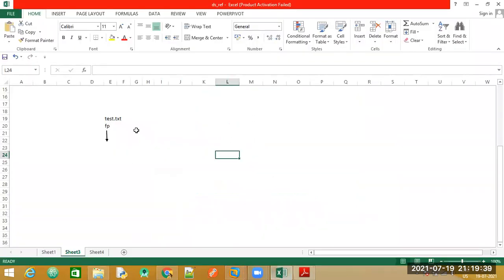Assume that we have the file called test.txt. This is the file name. The file pointer is going to point to this particular file. Initially there are no contents. We need to perform the write operation. Write means we are trying to write certain contents onto it.